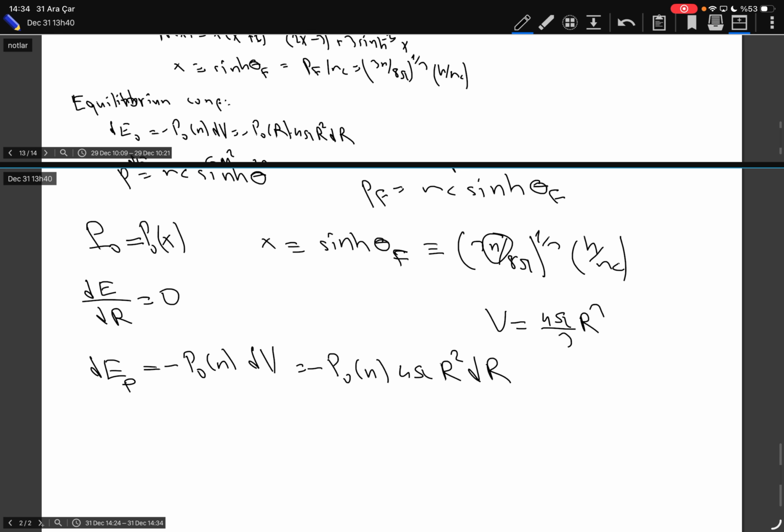If the radius changes by a slight amount dr, this will be the change in the energy due to the pressure. Well, it also has a gravitational energy. The whole system has a gravitational potential energy. And gravitational potential energy is,